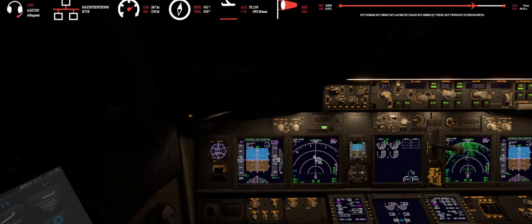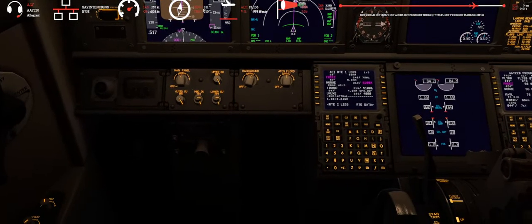Alright, we're still 1,000 to go. We're about to level out at 130, about 75 miles outside of Asheville. And let's see, let's check out our